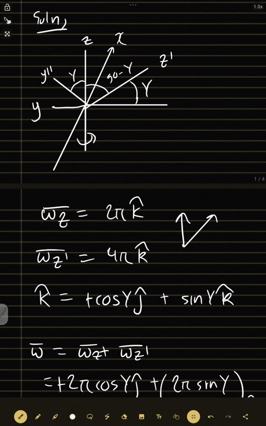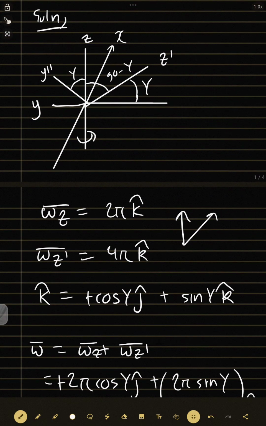OC and CK is given and it is 30 degree. So 2 pi cos 30 is what is the